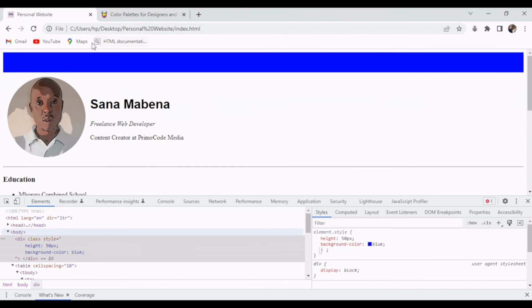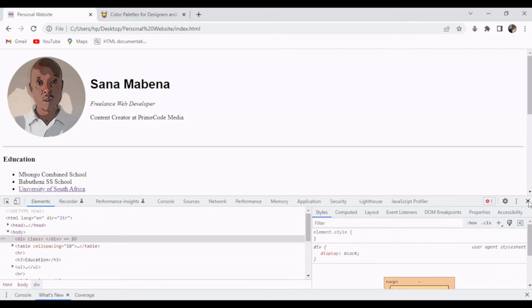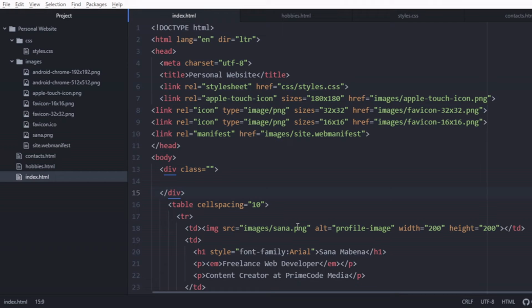Now let me refresh. The styling is gone. Let's go back into my code editor. Now back inside my code editor, I want to use a div to style my web page. I want to give the top section of my web page a different